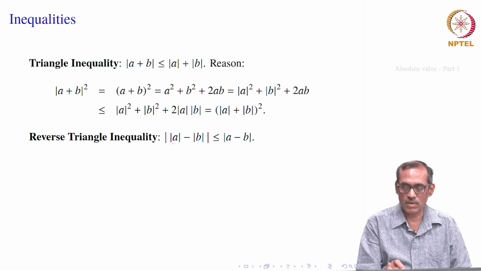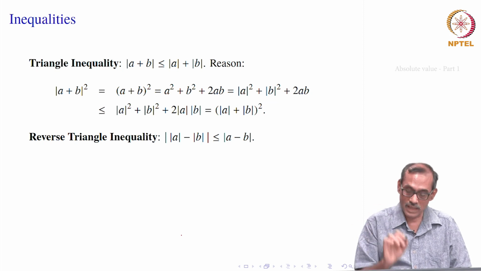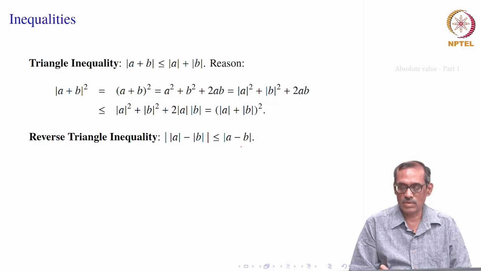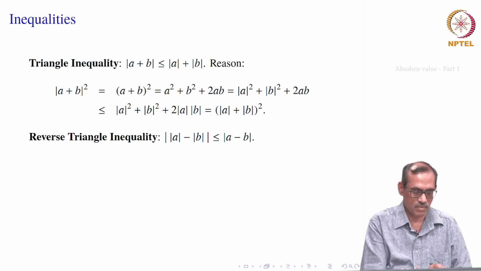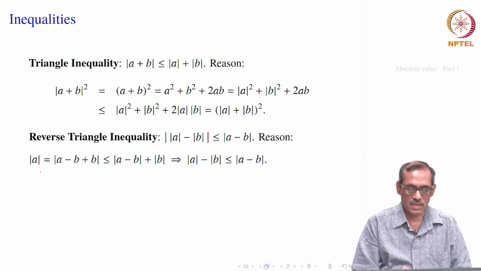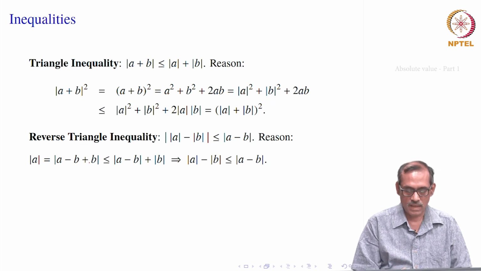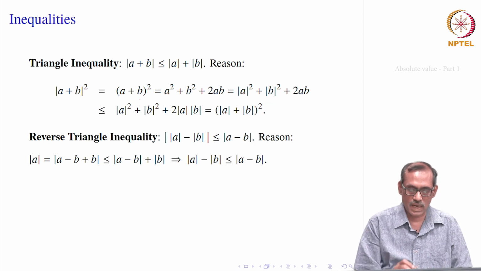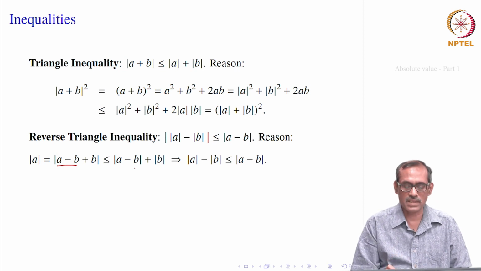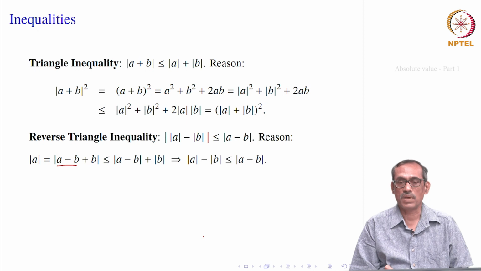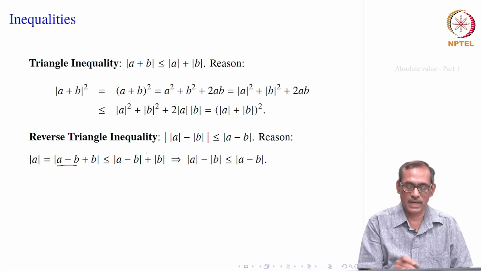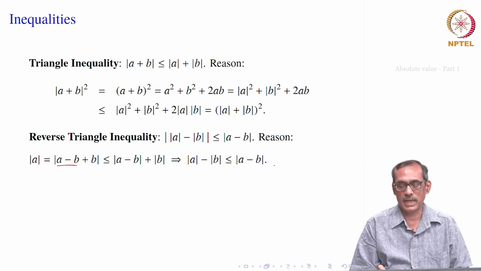You see, the absolute value of the difference of absolute values of A and B is less than or equal to the absolute value of A minus B. Of course, we can use the triangle inequality for proving it. So, let us start with mod A. Inside that modulus sign we subtract B and add B, so they are equal. Then use the triangle inequality with A minus B as one factor and B as the other. So, it is less than or equal to mod of A minus B plus mod B. That gives mod A minus mod B is less than or equal to mod of A minus B.